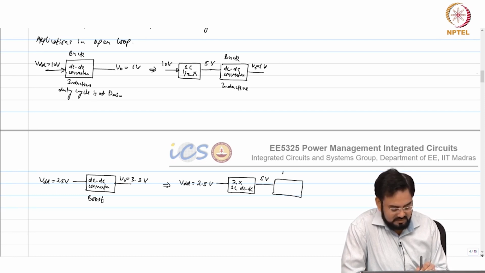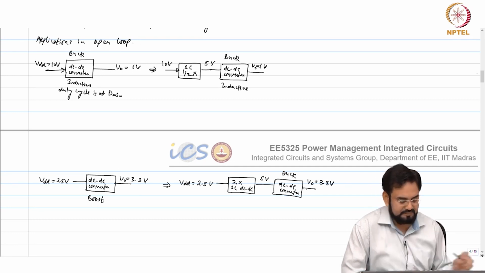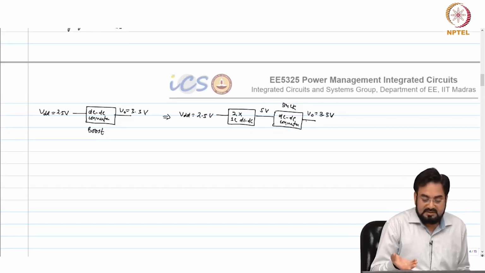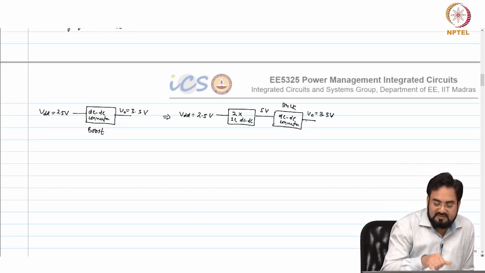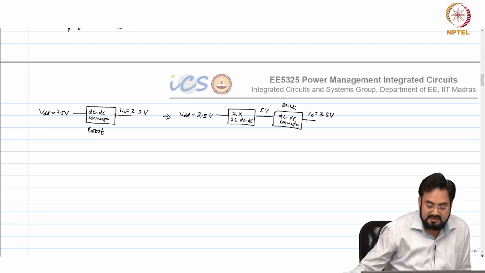Now use a buck. So if you do, let us say, a combination of this 2x switch cap DC DC and buck,